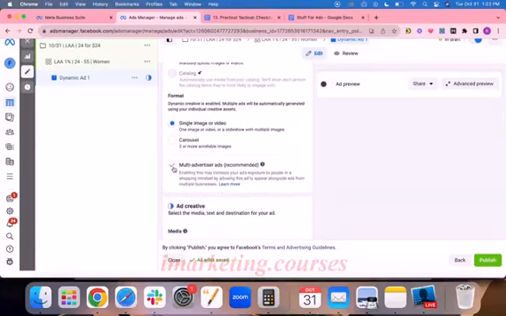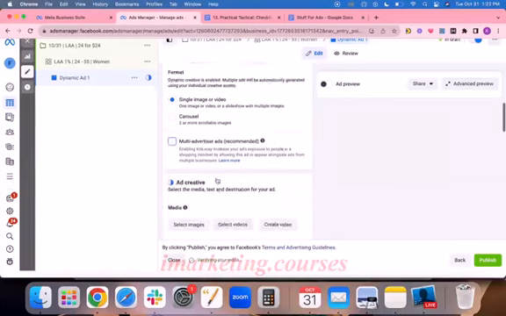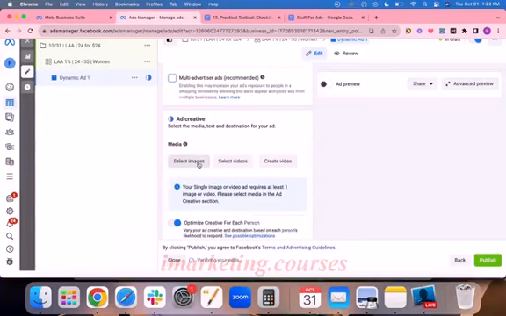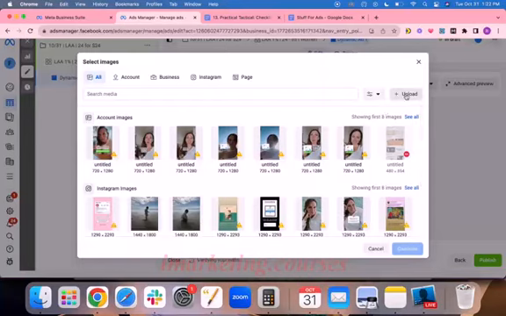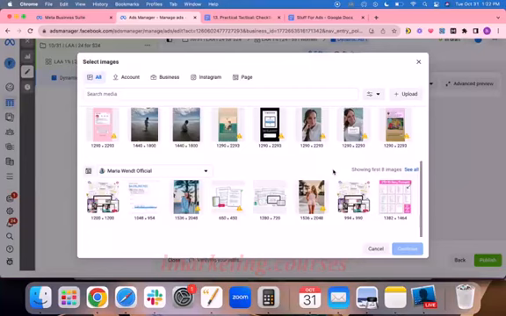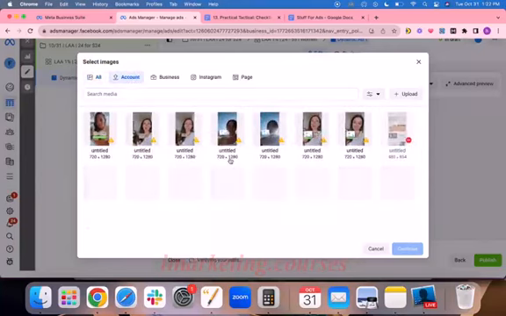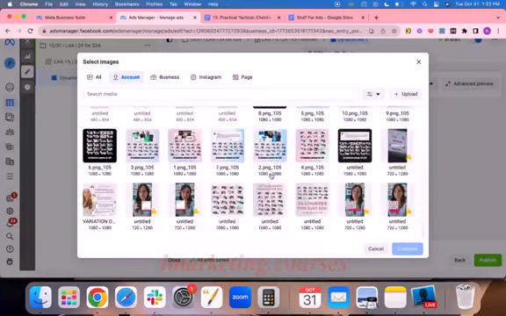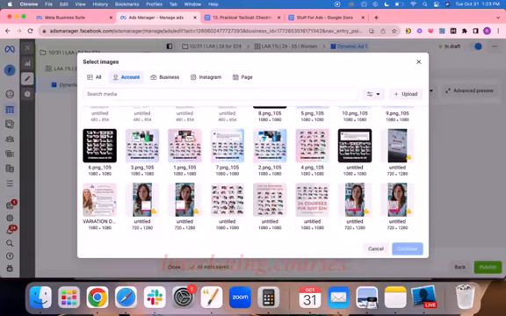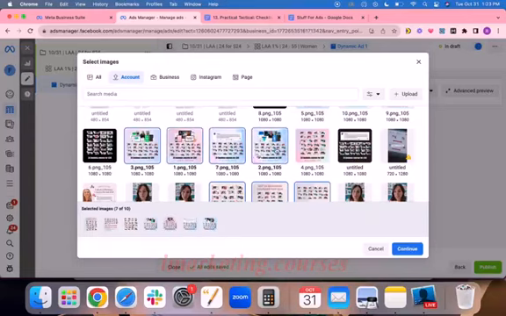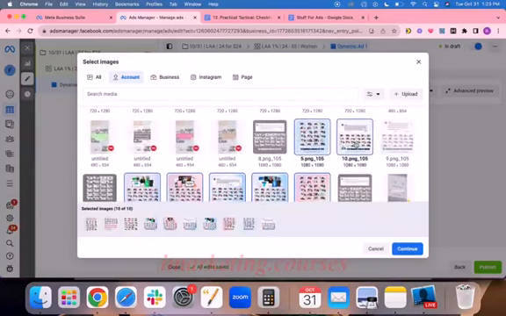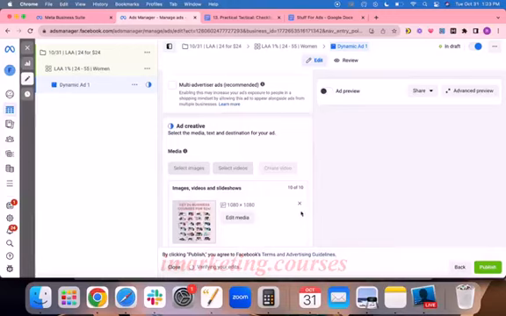You want to uncheck this, okay? And then you're going to select your images. I've already uploaded mine, but you would click this upload button here, and that's where you would upload them, okay? So I'm going to go to my account and find my 10 image ads. You can see I've done tons of different variations, so I'm just going to select 10 random ones here. You're going to have your 10. That's 8 so far. Let's just do this, 9, 10, okay? Then you click continue. These are your 10 variations that Facebook is going to mix and match with your ad copy